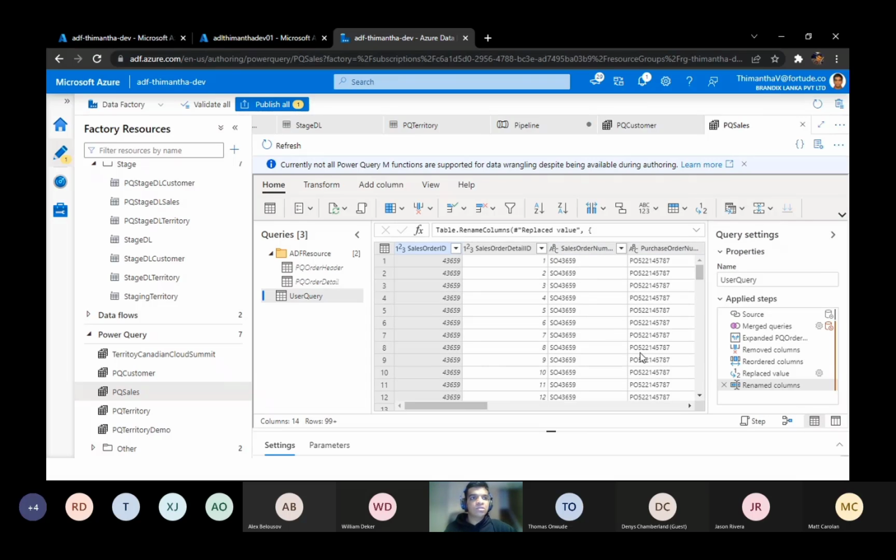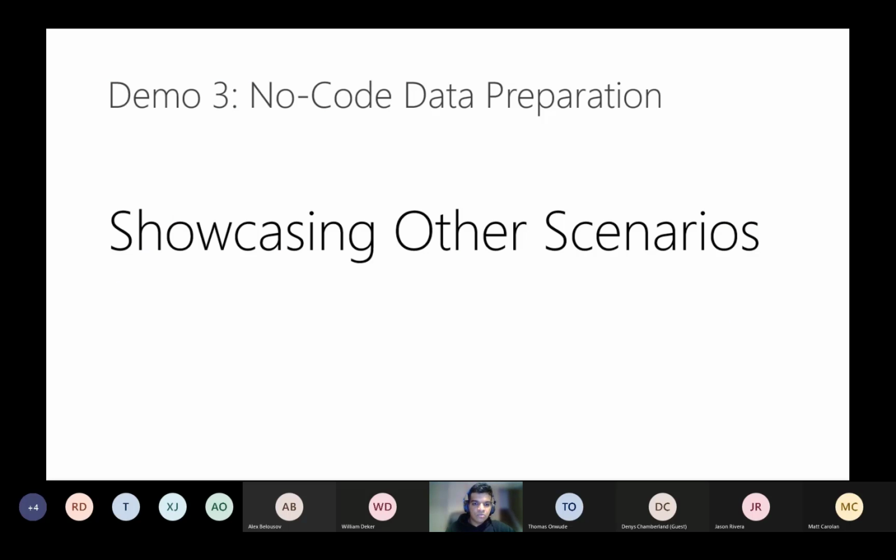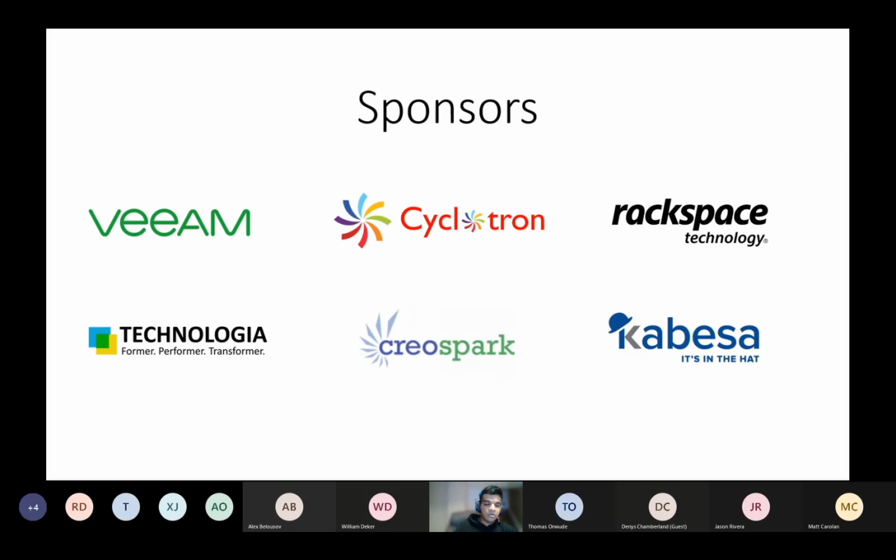Those are some other scenarios that I had worked on. That actually concludes my session. I hope you got a good understanding of the Power Query feature in Azure Data Factory and how you can use it in